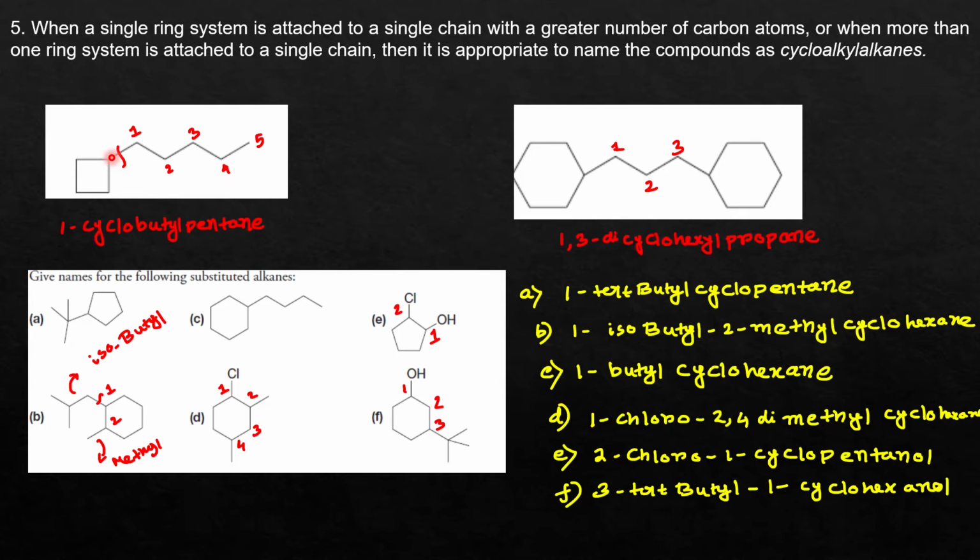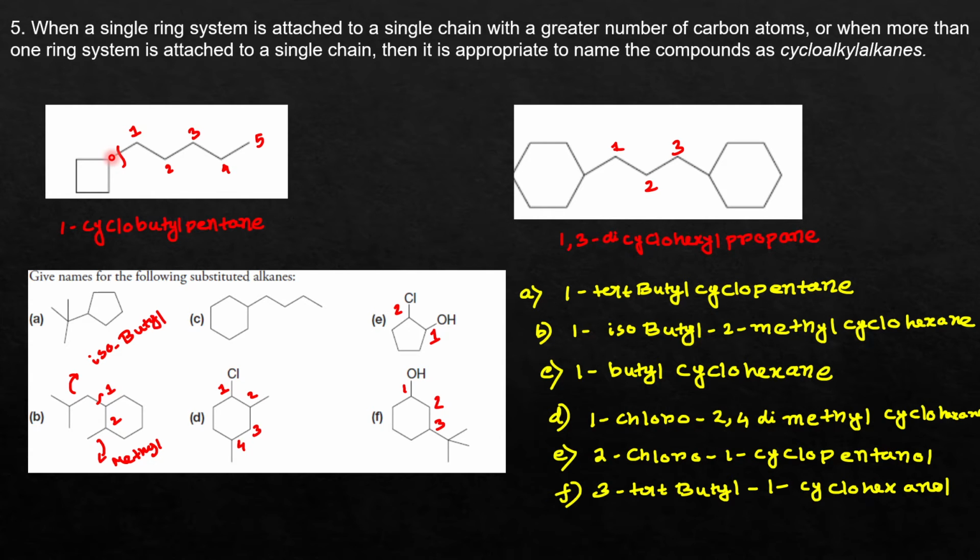Okay, now this is an example of a bicyclic compound. Here you can see there is some terminology that you have to understand or remember, so I am explaining those terms here. The first terminology is called the bridgehead carbon. Okay, so if you just look at a